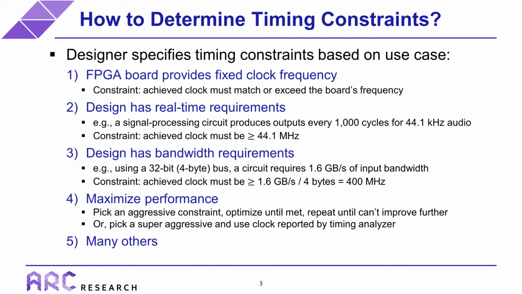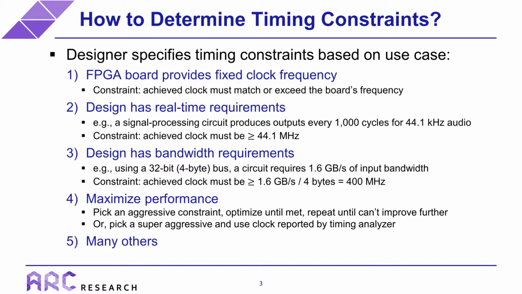Let's say, for example, that you have a signal processing circuit that must produce outputs every 1,000 cycles while processing 44.1 kilohertz audio. So this means that we have to have 44.1 thousand outputs every second, which means we need to have a clock frequency that is 1,000 times faster than that, or 44.1 megahertz, which would then become our